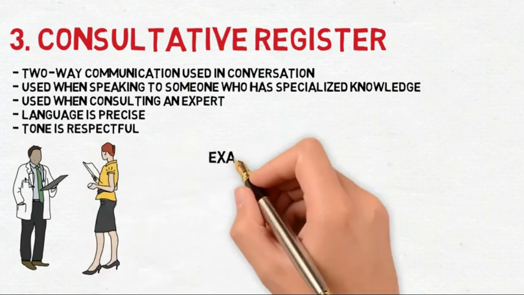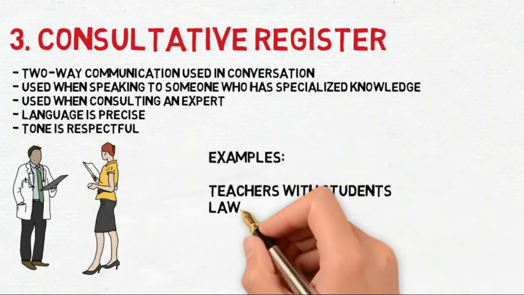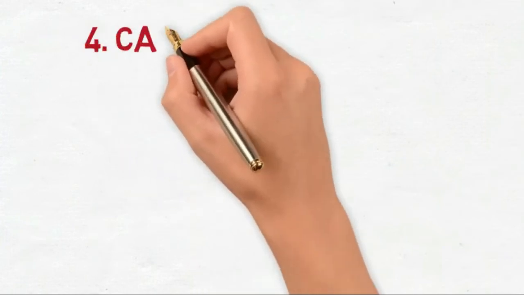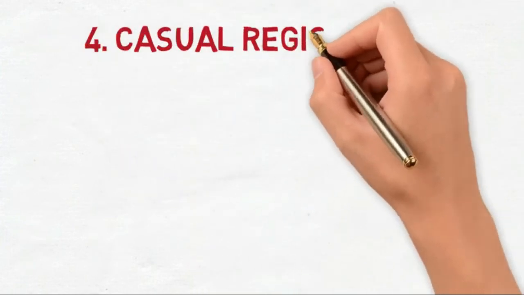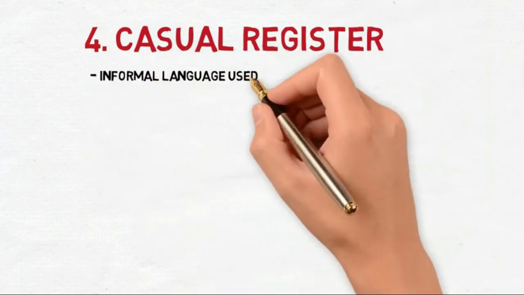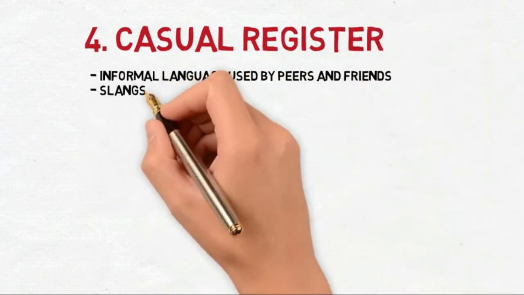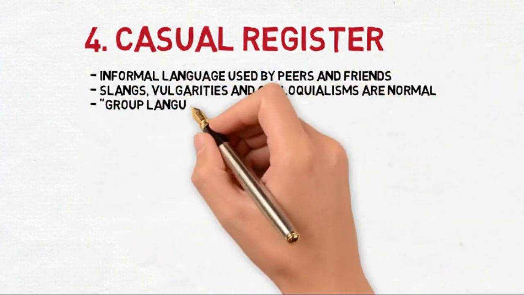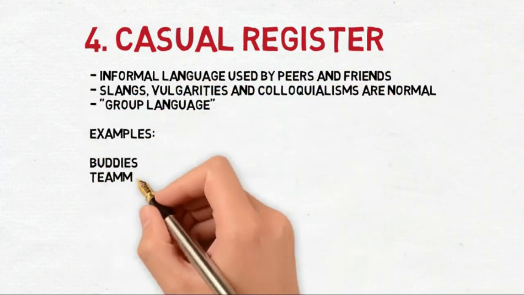Examples are teachers with students, lawyers talking to a client, doctor to a patient, superior to subordinate, and many others. Number 4, casual register. This is informal language used by peers and friends. Slang, vulgarities, and colloquialisms are normal. It's probably the one you think of when you consider how you talk with other people, often in a group